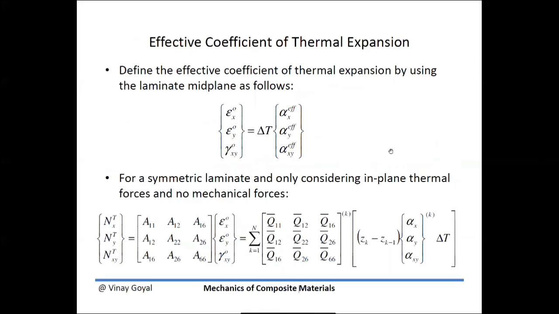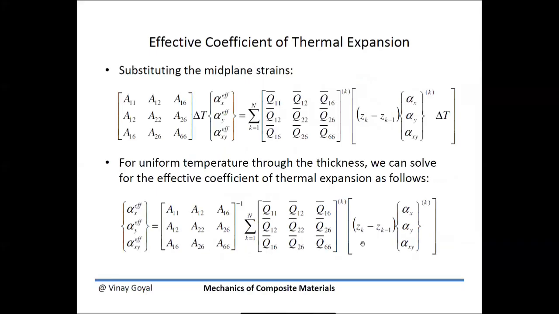So we can also define an effective coefficient of thermal expansion. You can do that too by using the laminate midplane as follows. So you can say, okay, this is my effective coefficient of thermal expansion times delta T. That's your midplane surface strains. Okay. And for a symmetric laminate, and only considering in-plane thermal forces and no mechanical forces, then your thermal force resultants become this quantity here. Okay, so nothing has really changed from what we discussed. And so then you can calculate